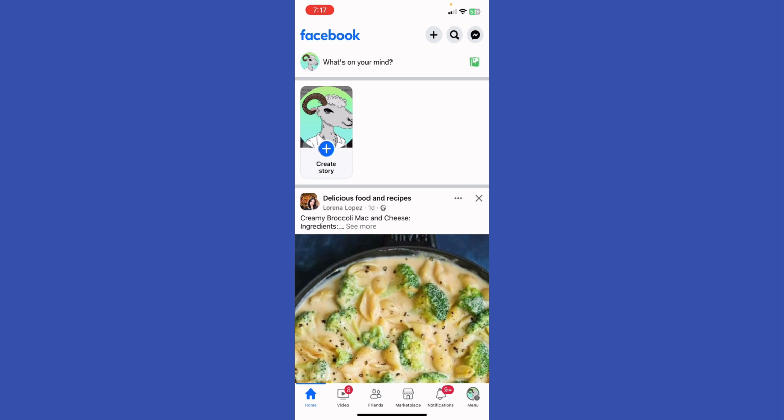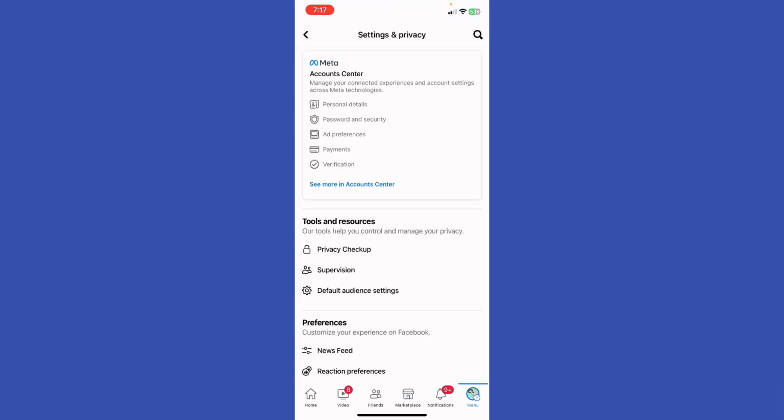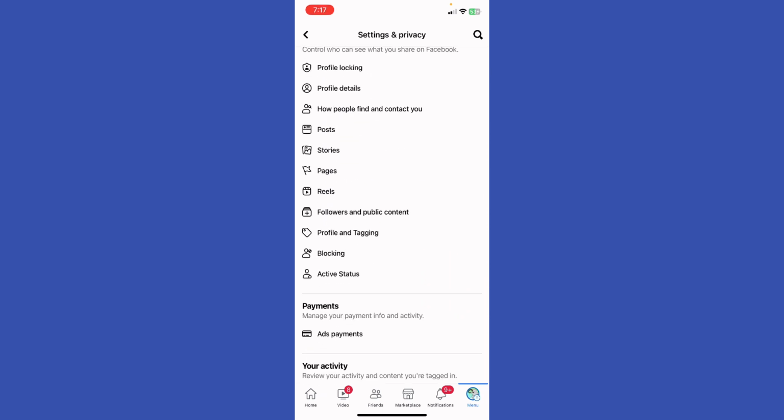In order to find story archive, just go ahead and click on your menu at the below right corner, and you're gonna see multiple options. Just go ahead right here on the settings here at the top right. Alright. Now what I'm gonna do, I'm gonna just scroll a little bit down, until you find